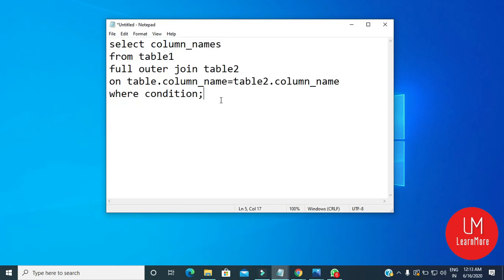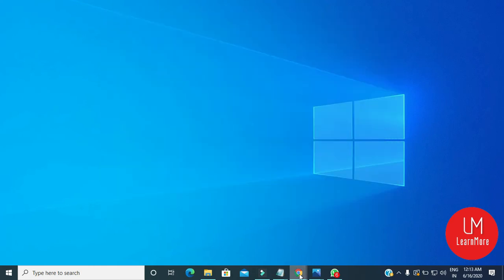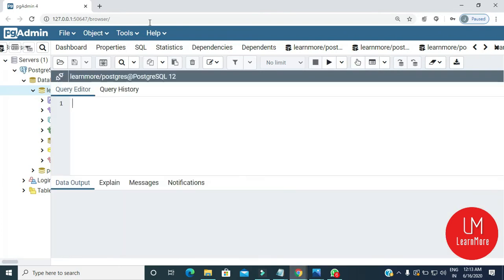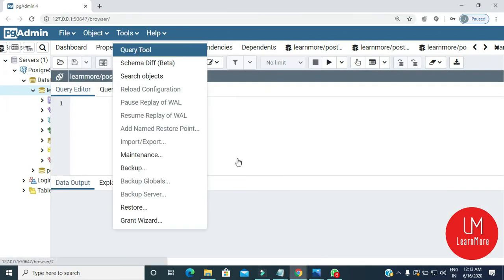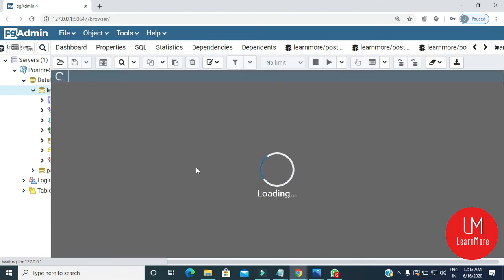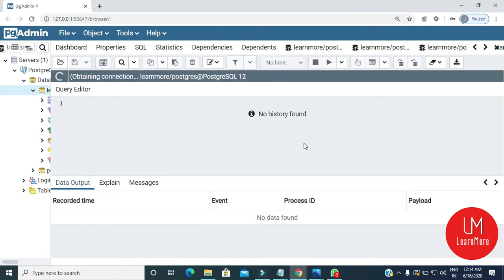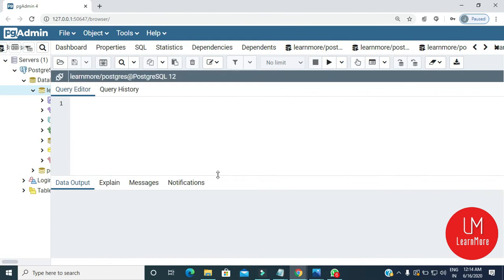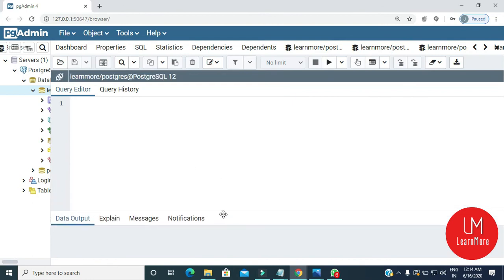Now we can try an example. Go to your pgAdmin, then select a query tool. I'm going to execute a full outer join using the same tables that we have used in the previous videos, that is basket A and basket B. So select a.id.